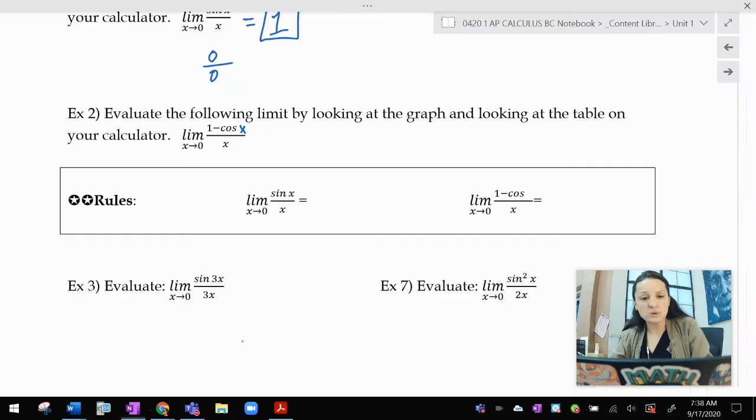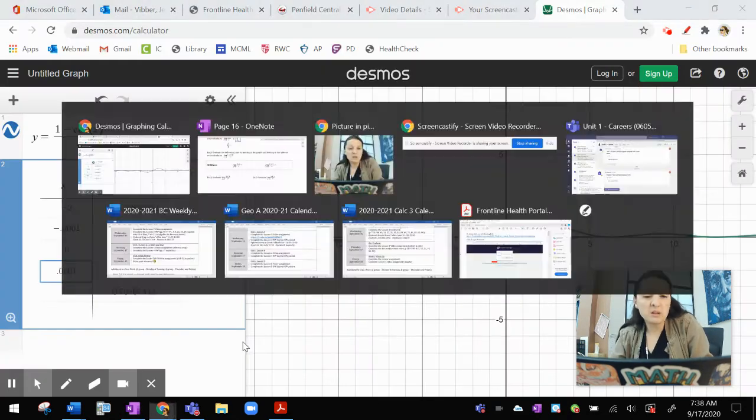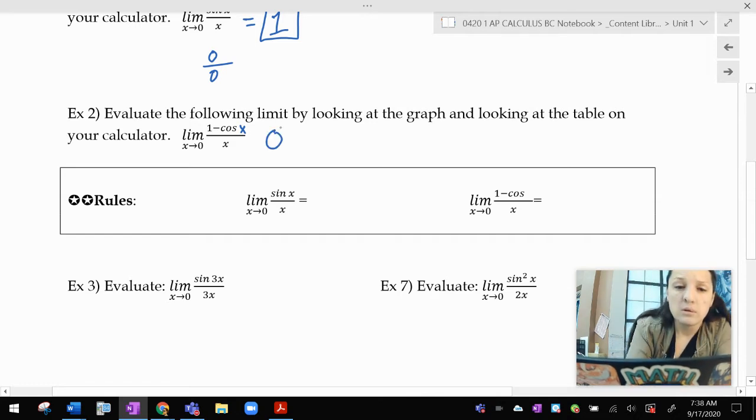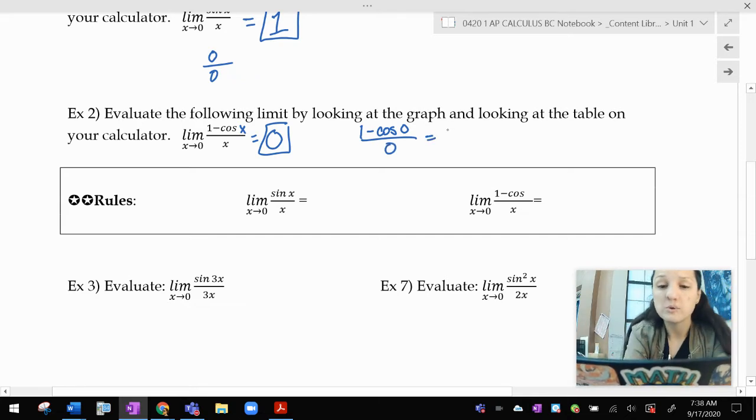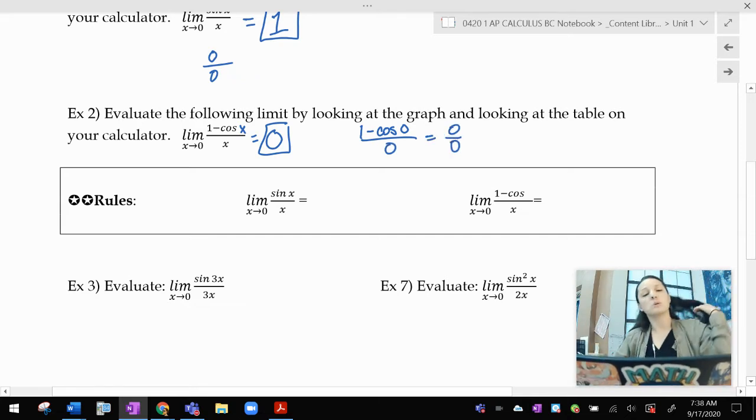So that thing's going to 0. I mean, I can live with it. And let's think about why that would be. Well, if I look at the limit as x approaches 0 for the top, I have 1 minus cosine 0, and the bottom goes to 0, but cosine of 0 is 1. So this is one of those things where the fraction goes to